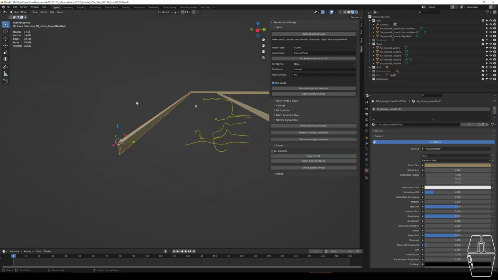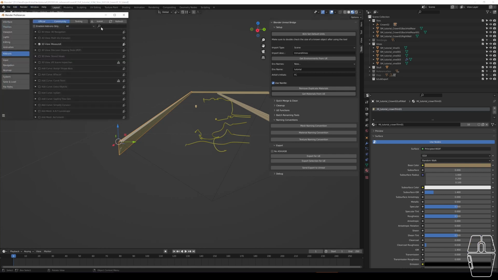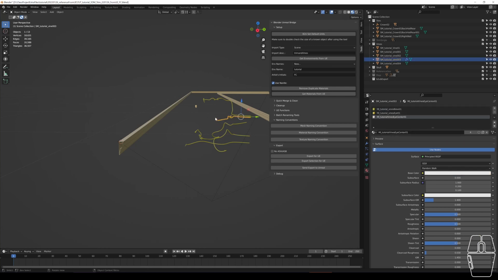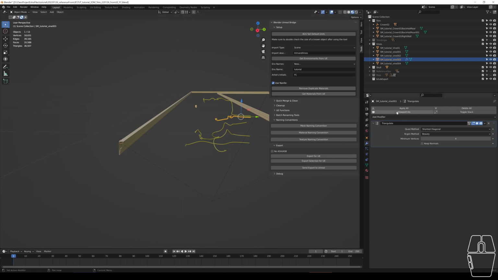The next step is to apply any Blender modifiers that I've been using in the model. The quickest way to do this is to enable a modifier tool plugin under Edit, Preferences, Add-ons, search for modifiers, and tick the box next to modifier tools. With that enabled, I can go through all of my objects, and if they have a modifier associated with them, shown in the modifier section here, I'd be able to click the Apply All button here, and it would apply